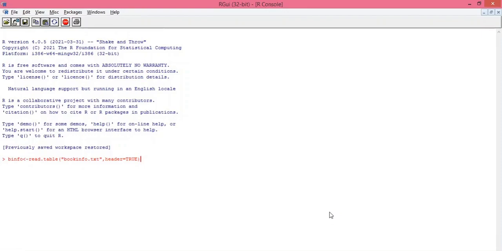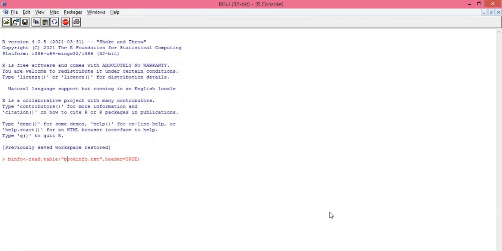Now see, while specifying the name of file, here my file is stored in a current working directory of R. So I have directly given name of file bookinfo.txt. But if your file is not stored in a current working directory, then along with file name you need to specify the path of file also.